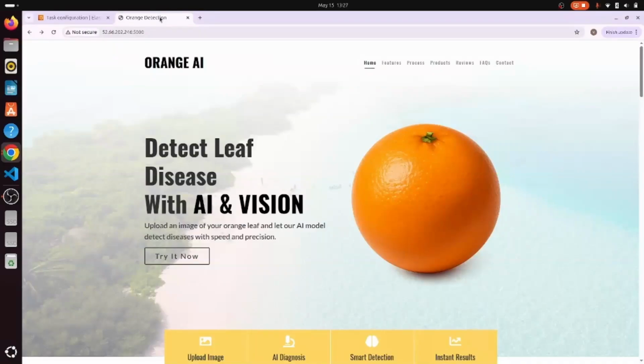Hello everyone. So recently I created a project with my teammates Parth and Krunal. This is basically a project designed to identify the diseases of oranges based on the input image given by the user. This is an end-to-end MLOps project, which is trained using a CNN model for image